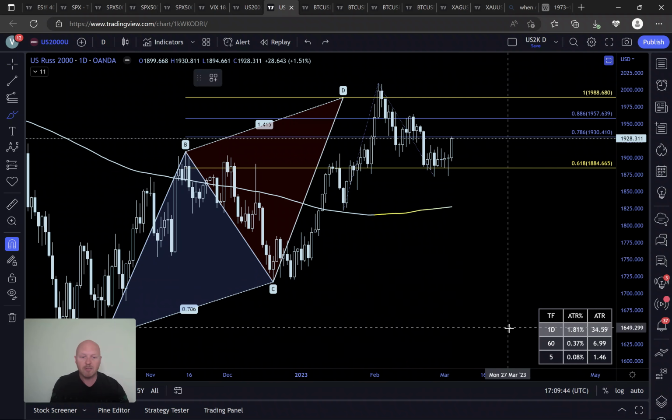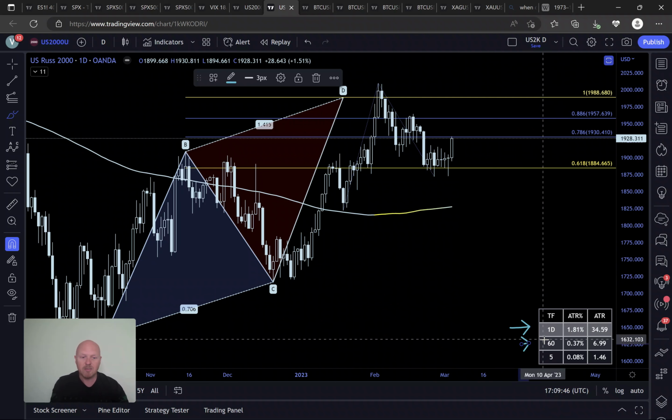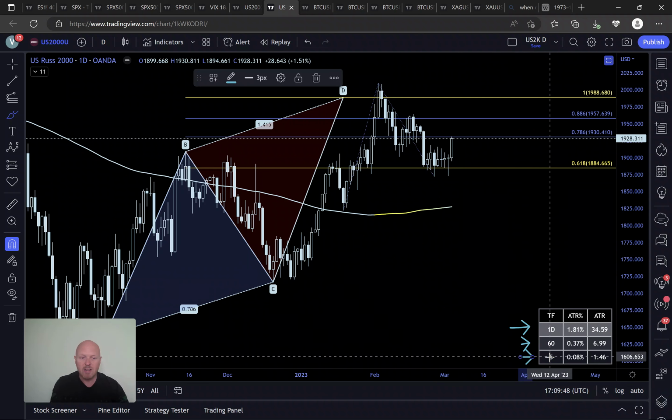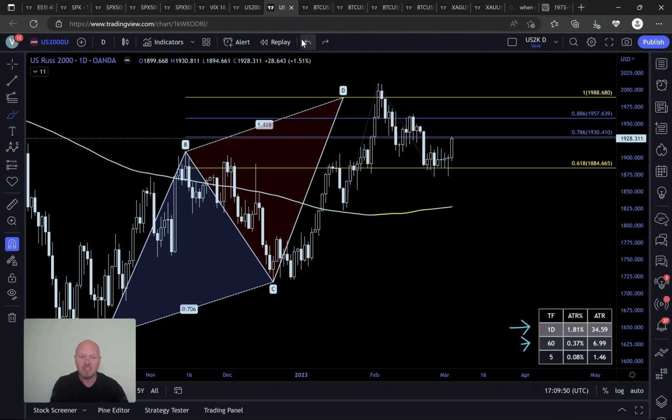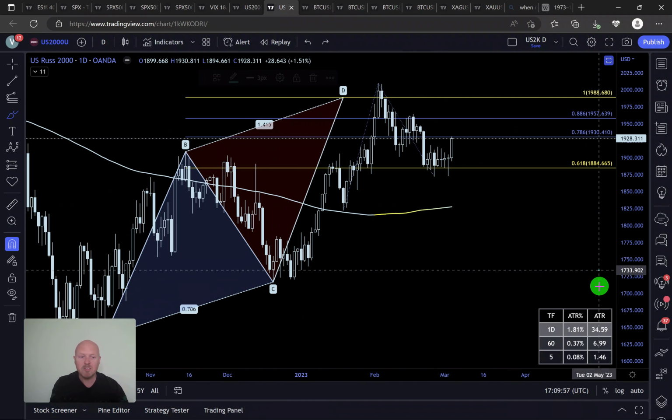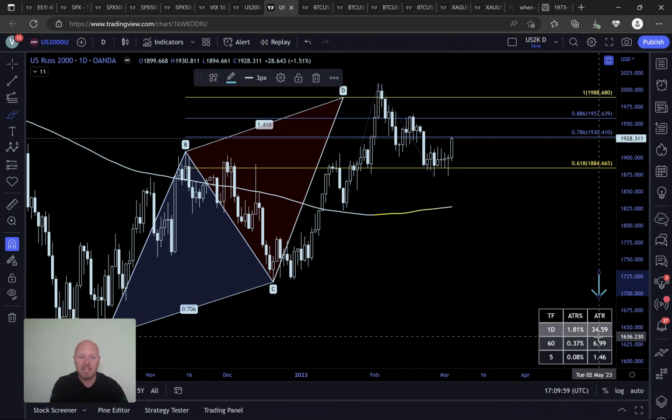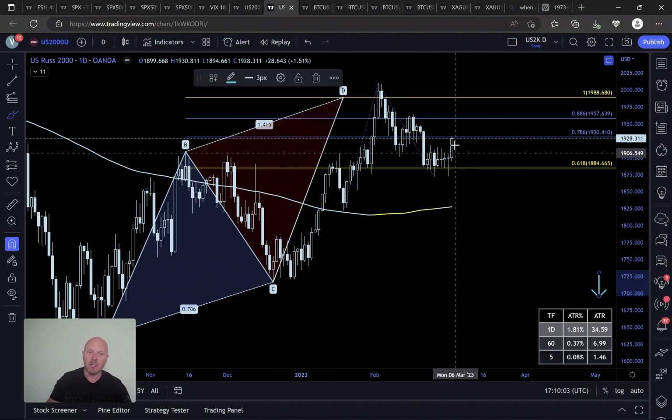We're on the daily time frame. You can adjust all the multiple time frames. I have a daily, 60-minute, which is 1 hour, and 5-minute. Okay, and I'm going to show you an example on a smaller time frame. Daily time frame, the ATR percentage move 1.81%, but the number you care about is in that last column, ATR 34.59. That means the Russell on this daily candle has a volatility range of